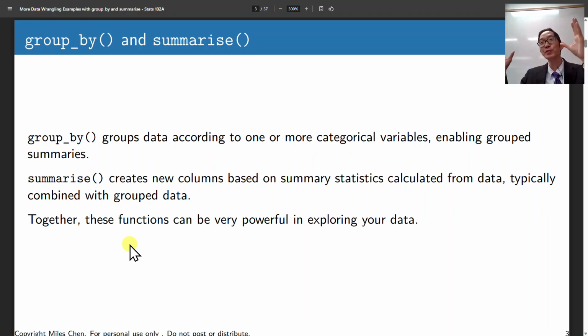So much of our exploratory analysis effectively boils down to, here's an overall trend I see. Does this trend still exist for this subgroup? Is it consistent across the board, or does it differ from one subgroup to another? So it's like, all right, if we see this overall relationship,